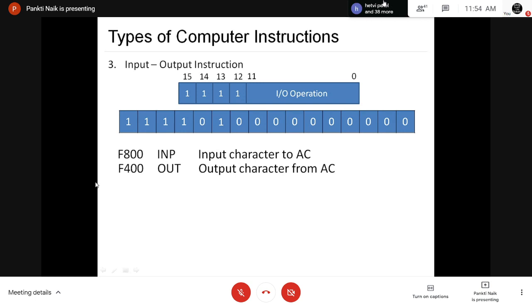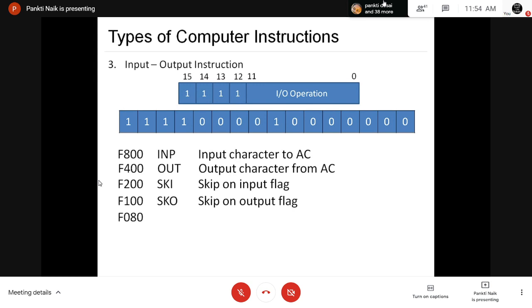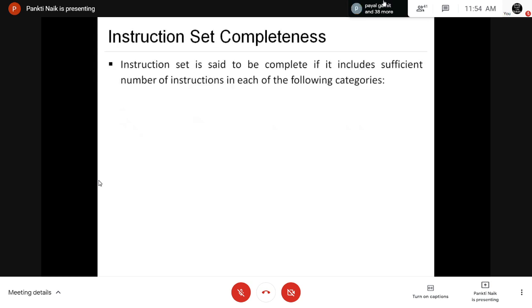Right? Now next is instruction set completeness.